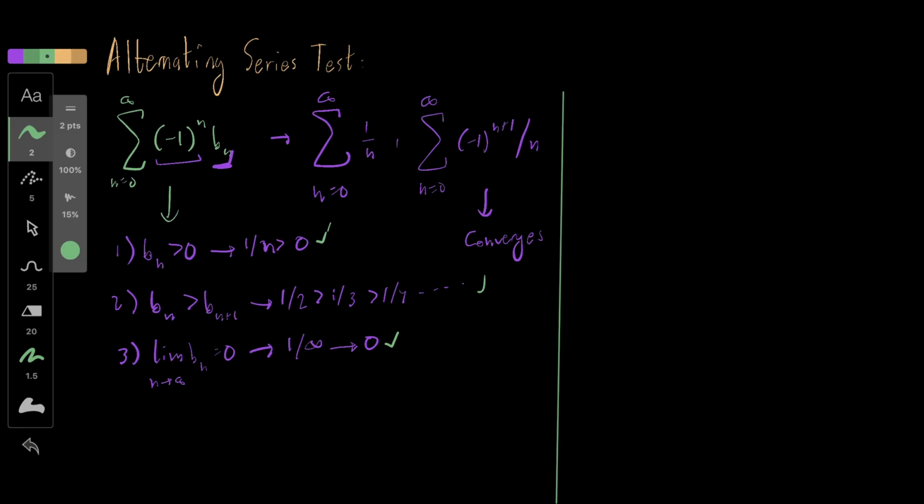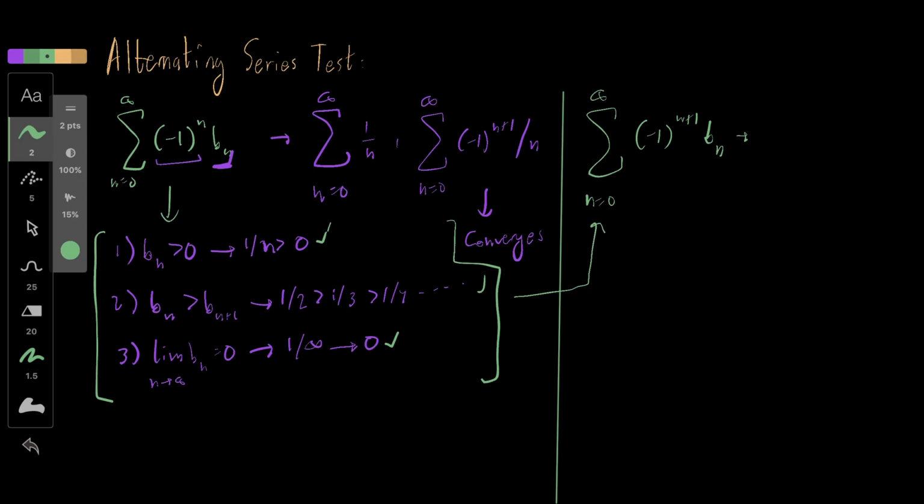So here we go. Let's say we have an alternating series, the sum from n equals 0 to infinity of -1 to the n plus 1, b of n. Now, if this series satisfies all three of these conditions, it is a convergent series, okay? It converges. But let's say the sum from n equals 0 to infinity of just b of n converges, then it is called